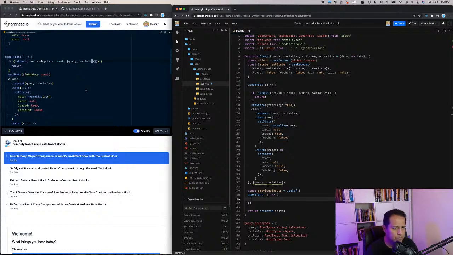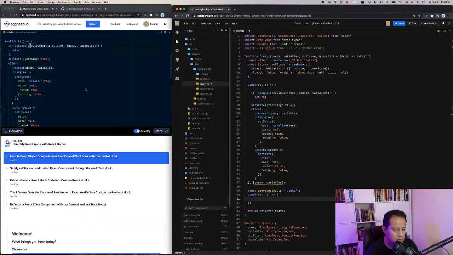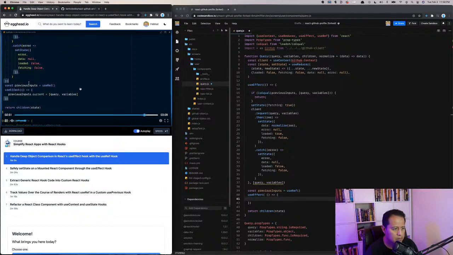And doing that, we can ensure that our effect is called every single time, but that we don't actually run our setState calls and our client calls unless the previous inputs are different from the new inputs. In review, what we did to make this work was we ensured that our effect is called